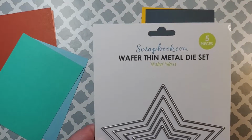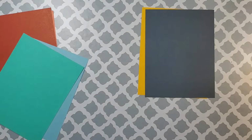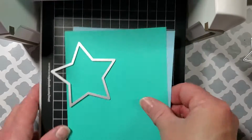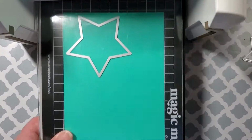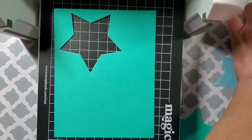But I'm making this today with the Scrapbook metal dies. These are the nested stars, and I'm going to also use the Happy Birthday die from scrapbook.com. So I'm using those two stars, and I'm going to use the larger one by itself and cut out the different colors of cardstock. I'm just putting those two together so that way I can cut out more stars more